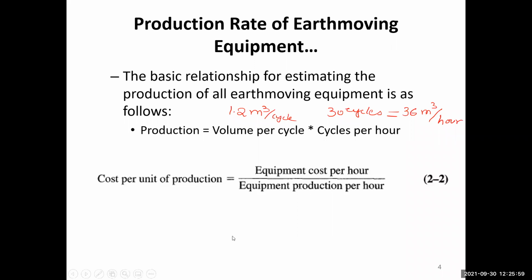Another formula which we can use is the cost per unit of production. That means dollar per unit, okay? So this is the equipment cost per hour. If we can rent that equipment, say at $100 per hour,